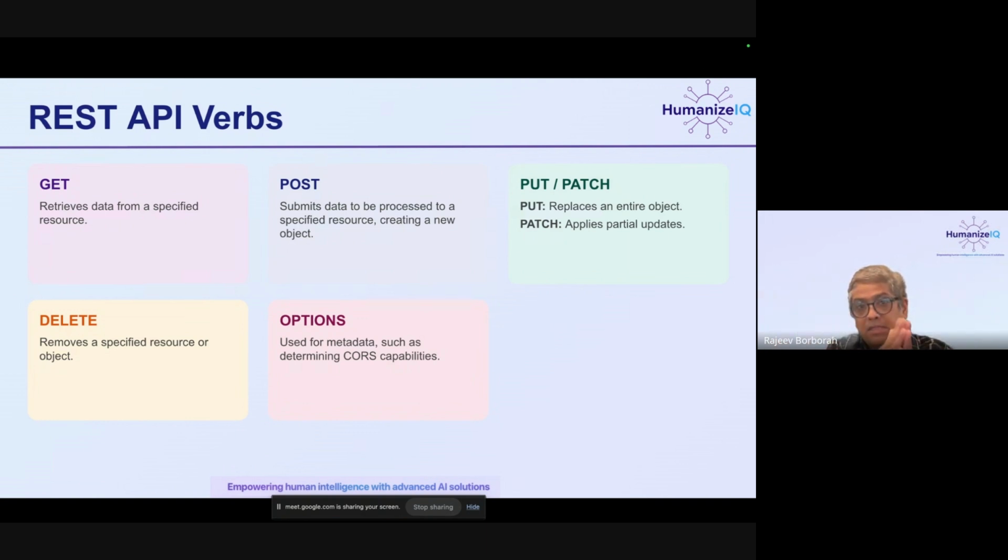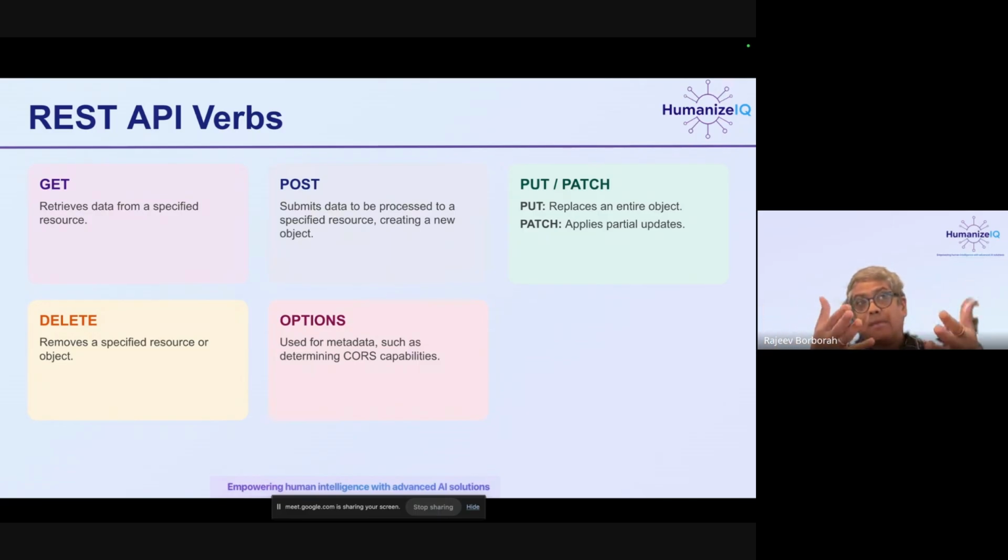Now these are conventions, right? Which means that in theory, no system enforces what these APIs actually do. It is very much possible to write a get API which will actually write data. It is possible to write a post API which will get data. You can do all sorts of random things, right? So what this means is that REST verbs are conventions. A good engineer follows conventions. However, you can do anything you want in any of them except for the options. You can pretty much do anything you want in any one of them, and there is no enforcement by any system out there other than human conventions in a particular organization.